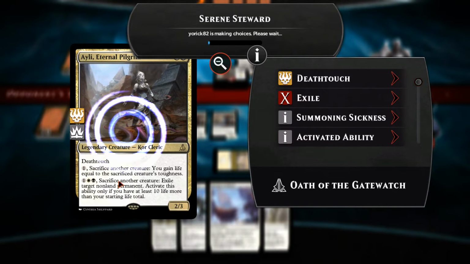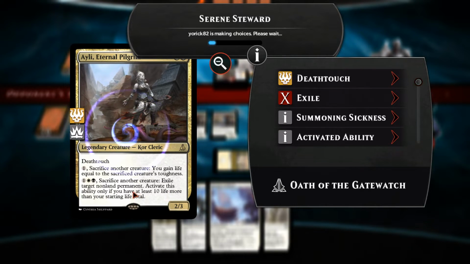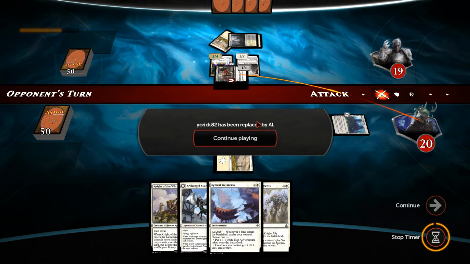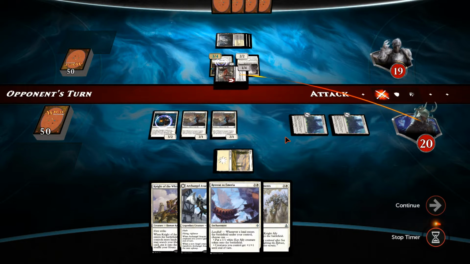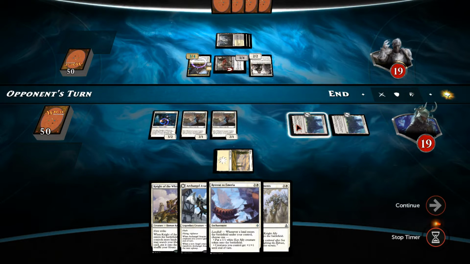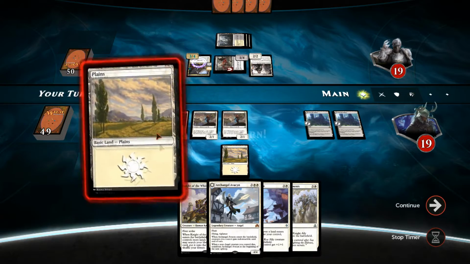Activate this ability. So sacrifice another creature. Exile target non-land permanent. Activate this ability only if you have at least 10 life or more than your starting life total. Okay, interesting. Okay, he's also been replaced by the AI. So we've got the AI to face to finish off with. I think that basically implies that he's been disconnected rather than...